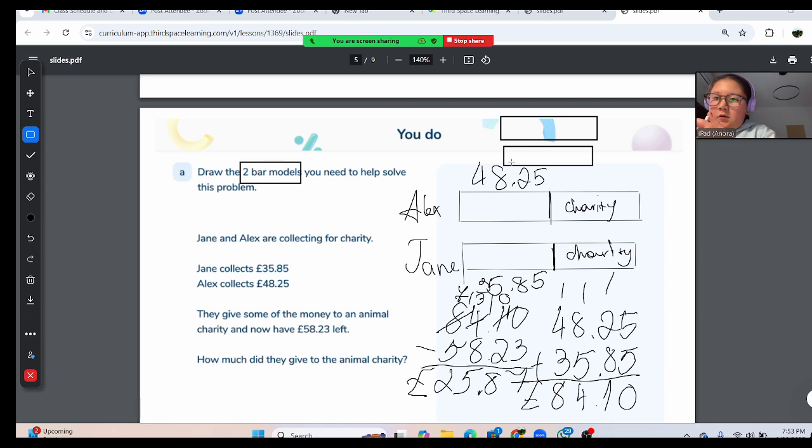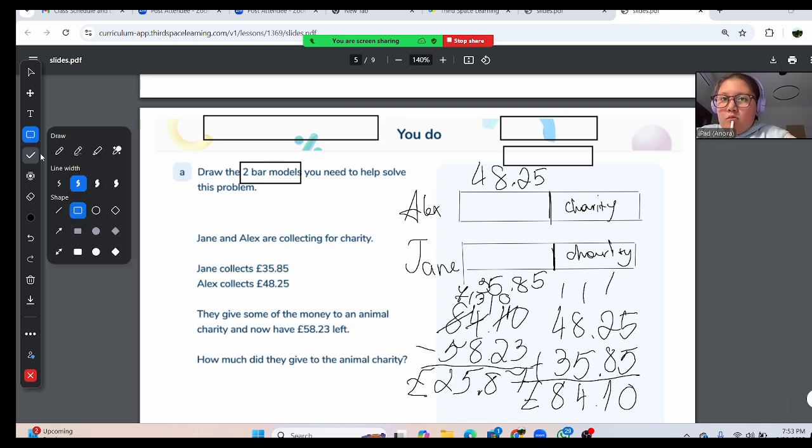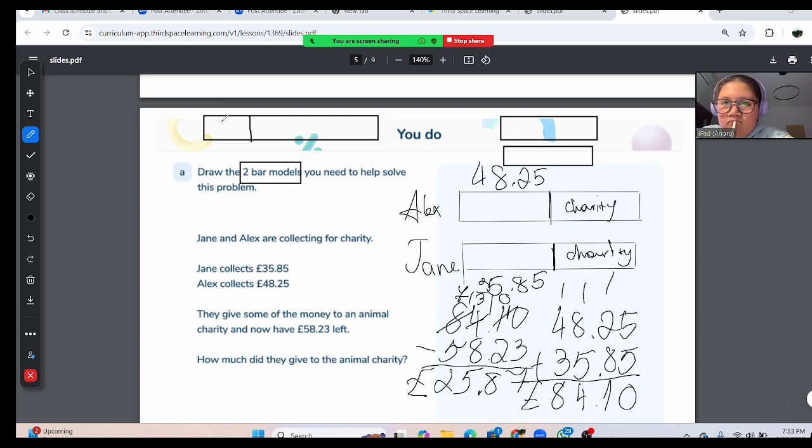25 pounds and 87 cents. Very good, absolutely correct. So that means this bar would be like this. The charity collected by Alex, then by Jane, and this was given like 48.25, this was 38.585, and then how much did they give to the charity,